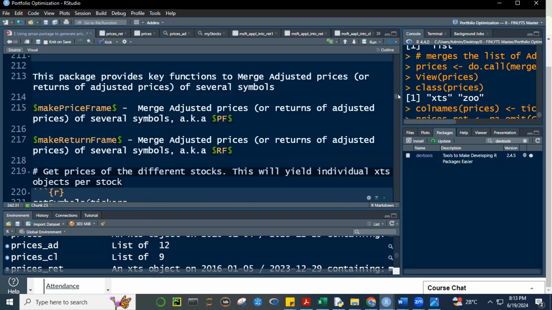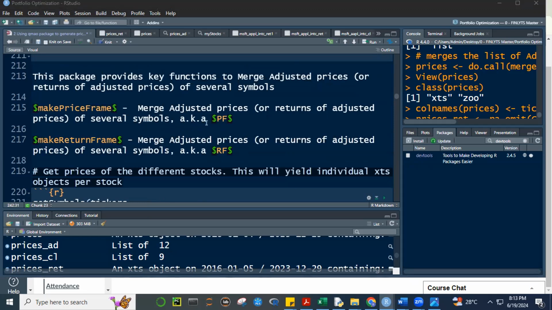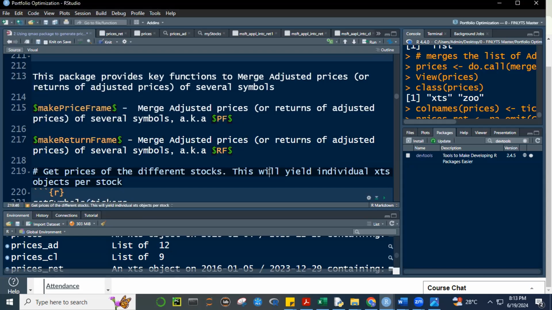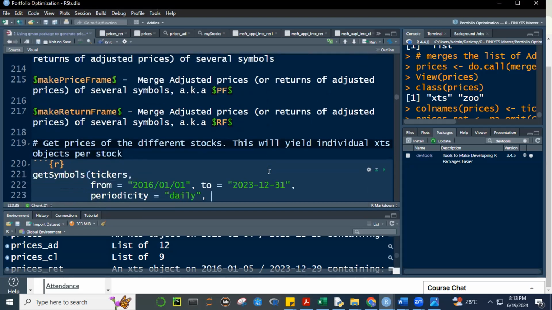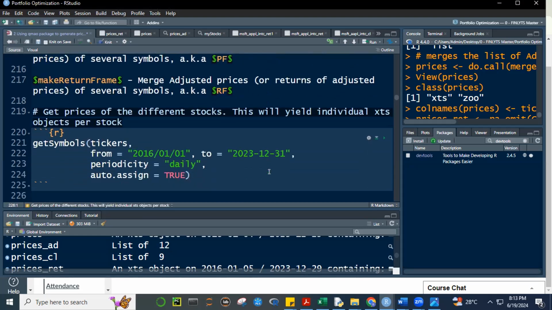So what we're going to do now is we're going to make use of the quant mode add-on. Yun ang ibig sabihin ng qmao, quant mode add-on. We're going to make use of two functions, make price frame, aka PF, or make return frame, aka RF. So first, we need to get symbols. Kailangan muna natin, unlike dun sa L-apply, kinombine natin yung L-apply at saka get symbols. Dito, we have to get